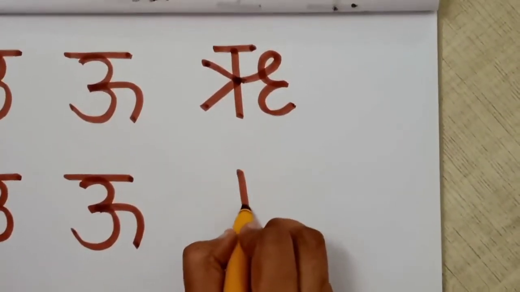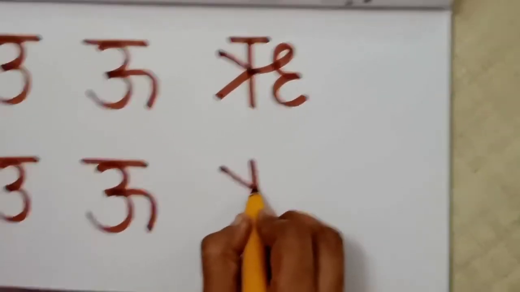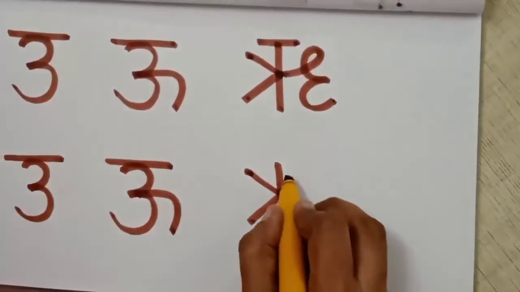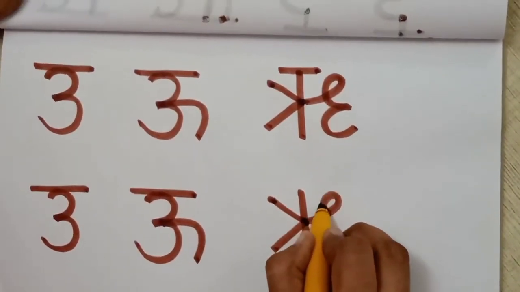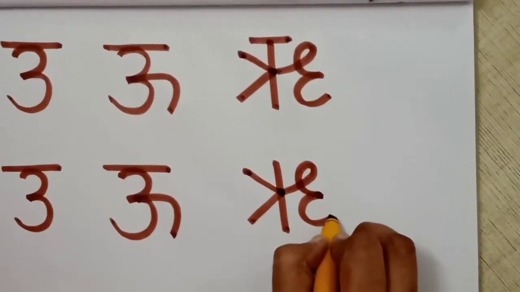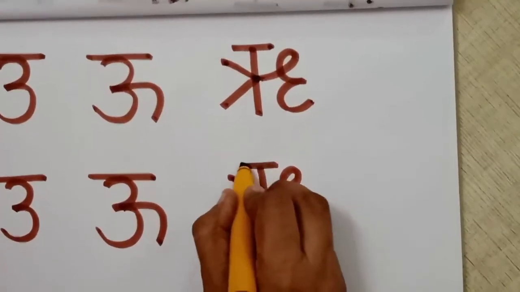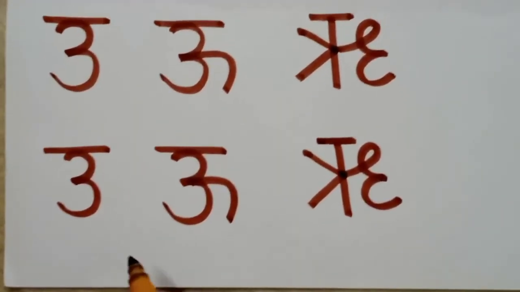Again, let's see one more time. Put one standing line. From the middle, one slanting line. Again, below that, one slanting line. Next to it, go up straight. Make one circle. Bring it down and one more curve below that. Then up one sleeping line. This is letter Ri. Ri say Rishi.